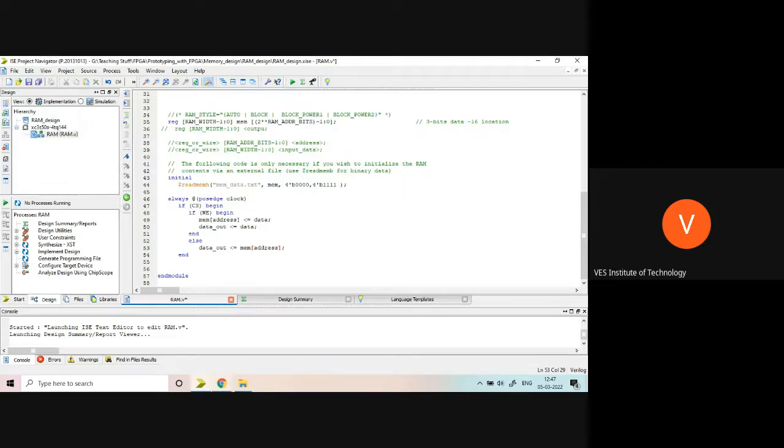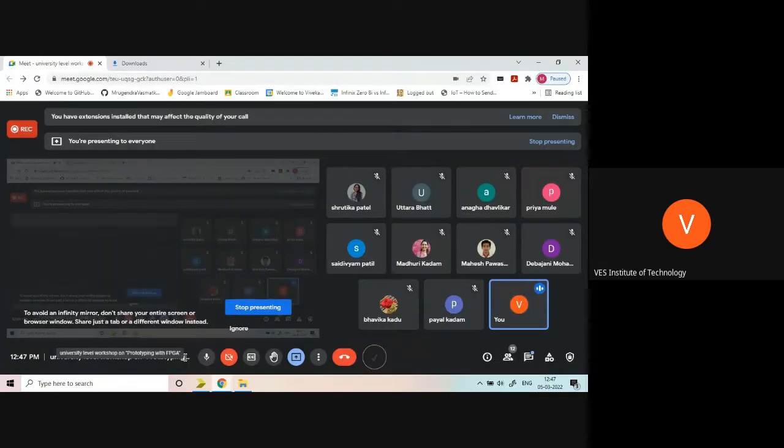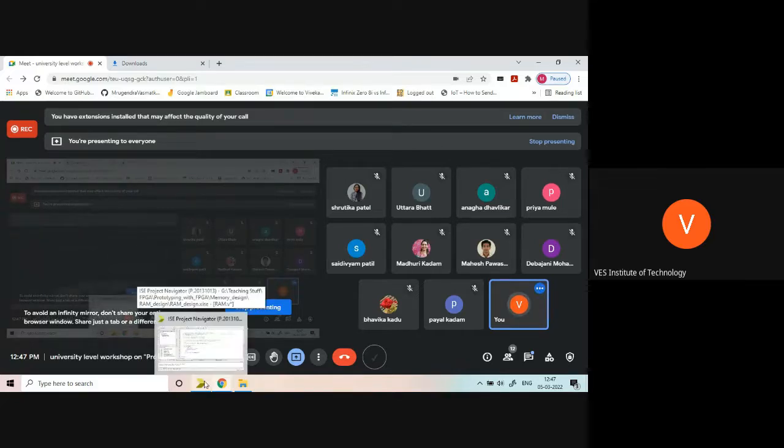One more thing, everyone please make it clear. Whenever we say a memory in C or C++ programming, what we do is we create an array, a two dimensional array, image kind of array. But in real, a memory is a serial memory. There is no 2 by 2 or 4 by 4 kind of memory. It is a serial memory, 1, 2, 3, 4 locations. I will show you in the simulation how it will look actually. Why do we call it two dimensional? Because address plus data width, that is 2 dimensions.